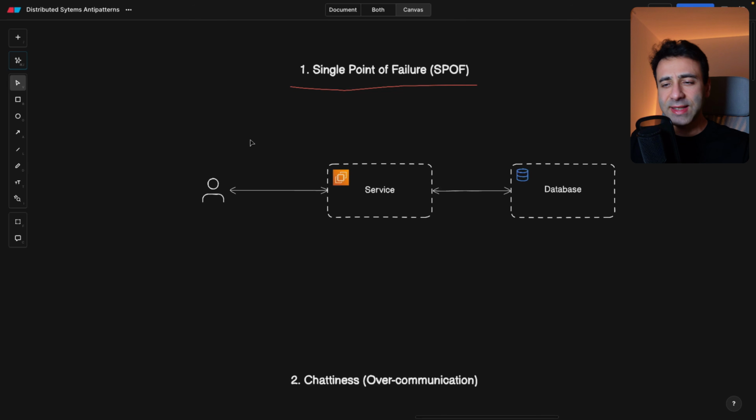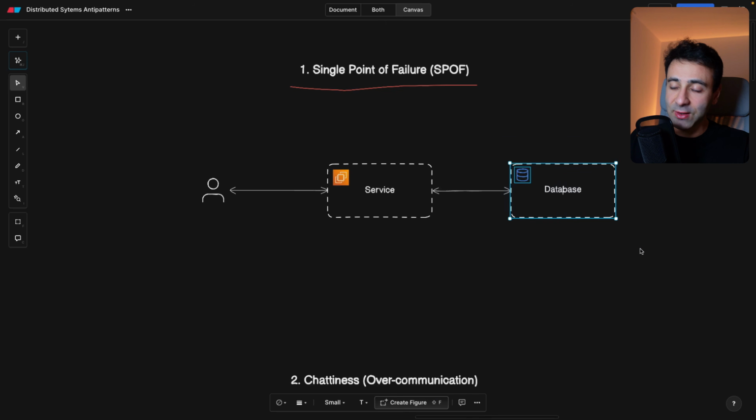What do I mean? Let's imagine this use case where a user tries to fetch some data and the request goes through a service that then contacts this database. What happens if this database is gone? Let's say the container died, right? We don't have any data anymore. What you should do instead is always make sure that your database doesn't only have a backup, because backups are